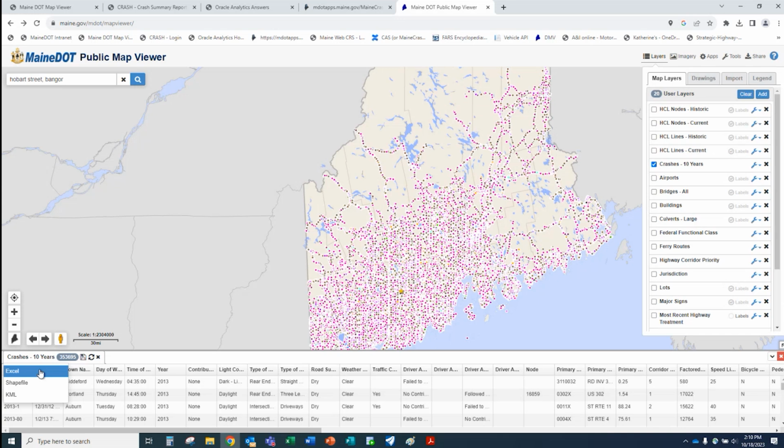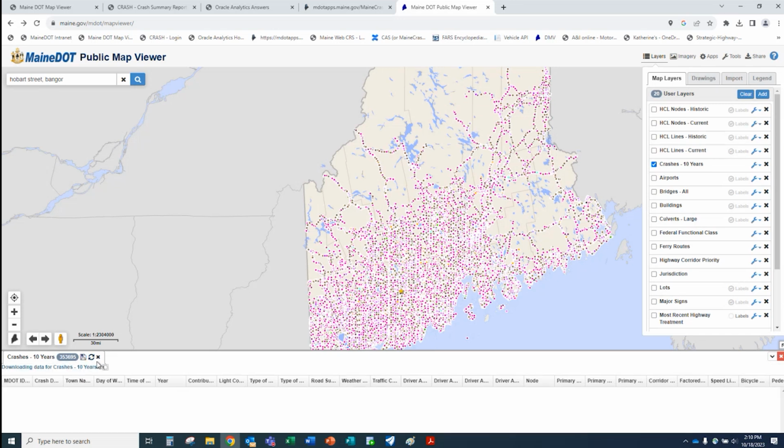So you want to limit down your searches or what you're going to be pulling for data when you use this tool. And we're going to go through some filtering, and I'm going to show you how to use that portion of the tool.